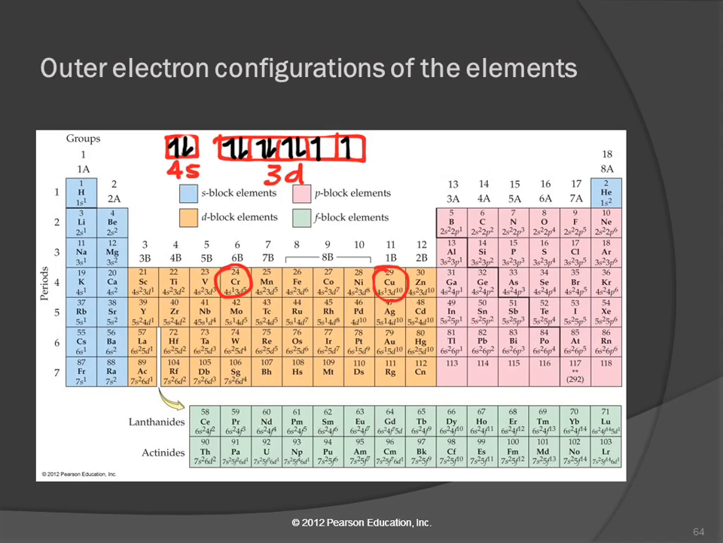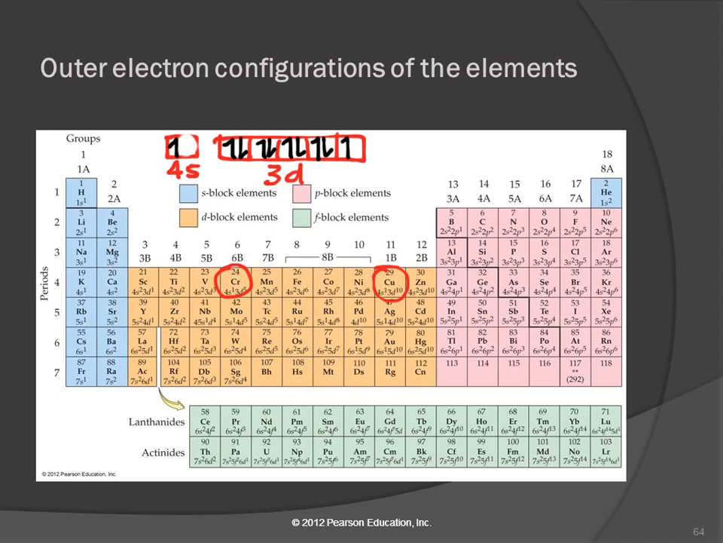We get to copper. That's right. We need to add an electron. So we add one in here. And that's what we expect for copper. We expect it to be 4s2, 3d9. But again, there's a weird deal. And so this 4s electron